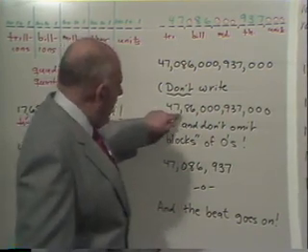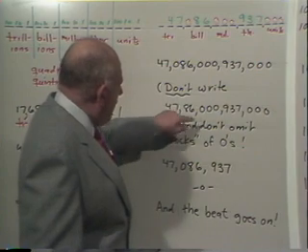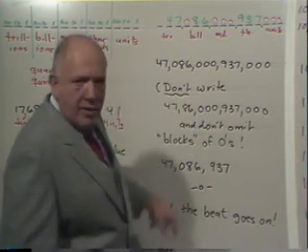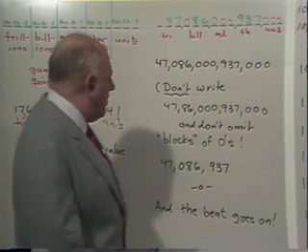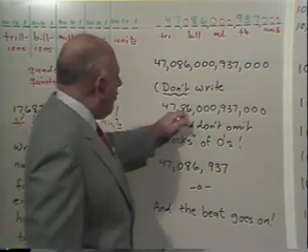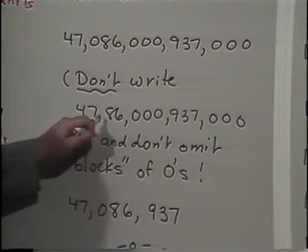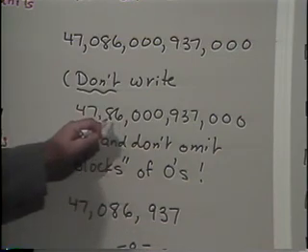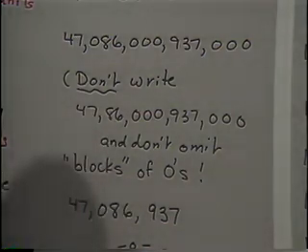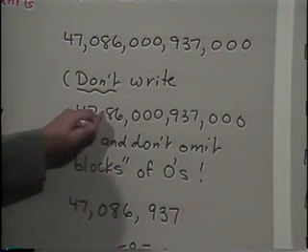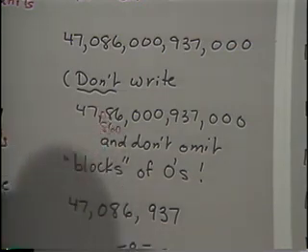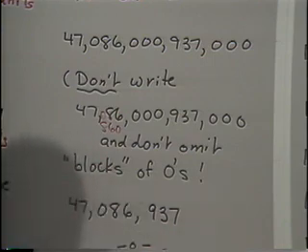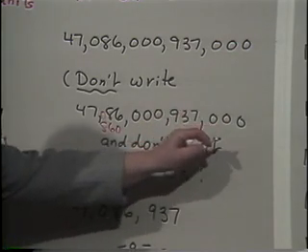But I'm saying, as you're reading from left to right, between every pair of commas, there has to be 3 digits. You see, when I write this, I don't know whether the 8 is supposed to be in the hundreds place or in the tens place. See, how do I know? Is this 860 or is it 86? So to indicate what I want here, I would put the 0 here. If I put the 0 here, that would have been 860 instead of 86. And don't omit blocks of zeros. Don't say, well, this is nothing, I'll just chop it off. Because look what happens if you chop this off.